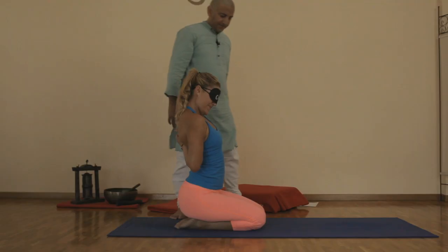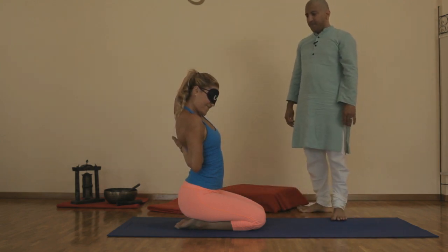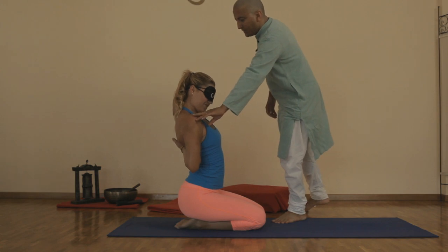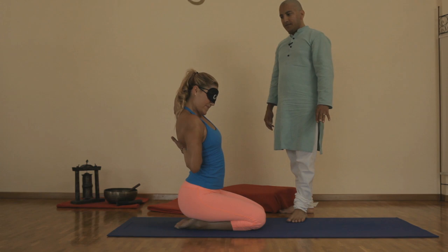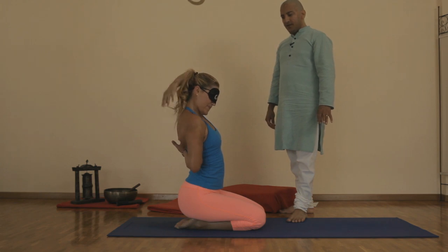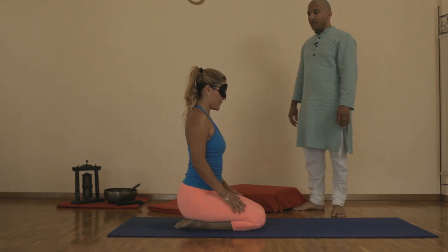Perfect. Drop the shoulders loose. Really, this tends to go very tight. Try to protect. And slowly release your arms. Relax your arms and hands. From here we are going to do